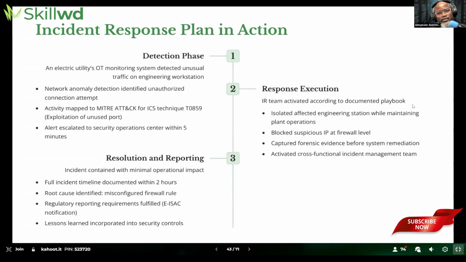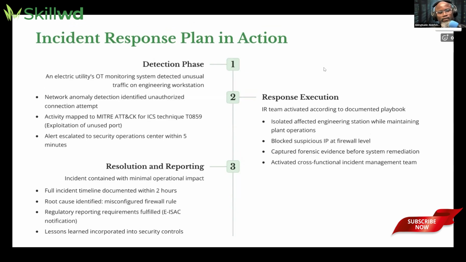The differences might be, let me ask you, what do you think the difference would be if I ask you what might be different between incident response in IT and incident response in OT? It's not a tricky question, but it's something you might be surprised is not a big deal. Let me just see what your thoughts are. Safety,